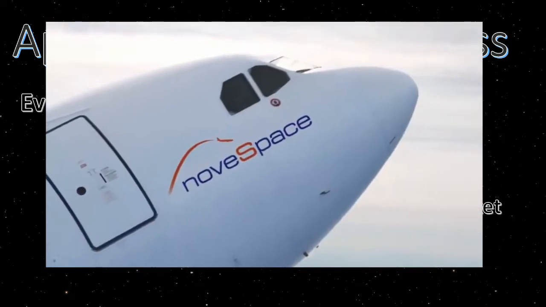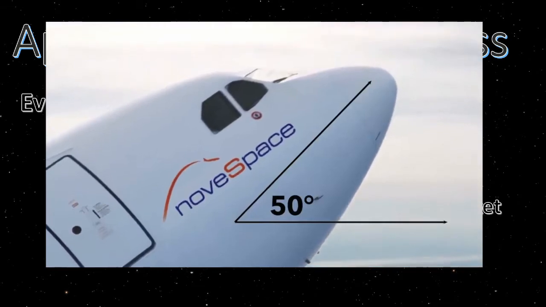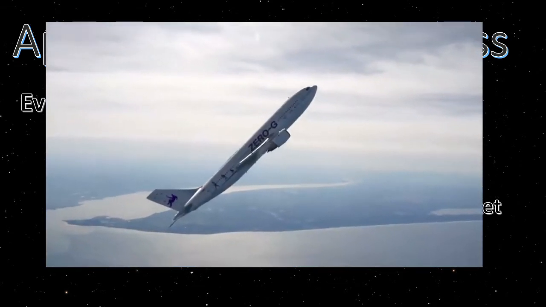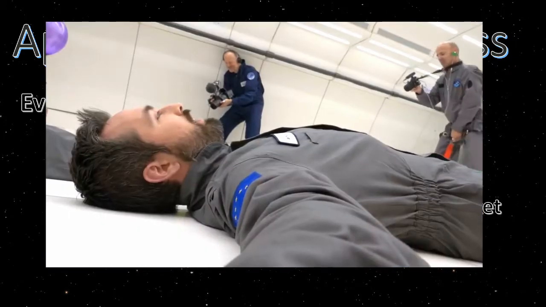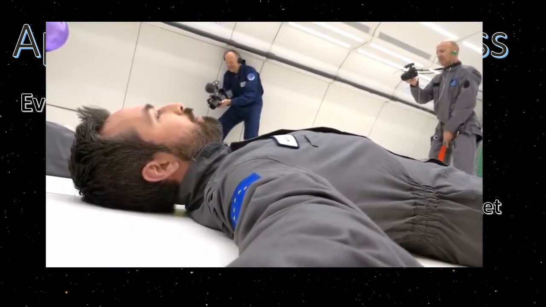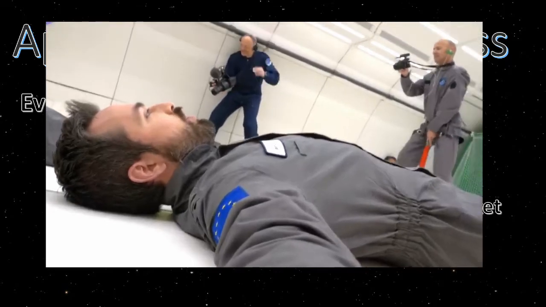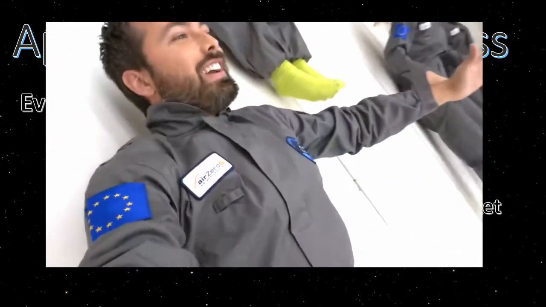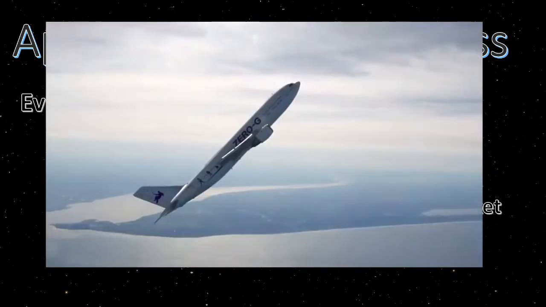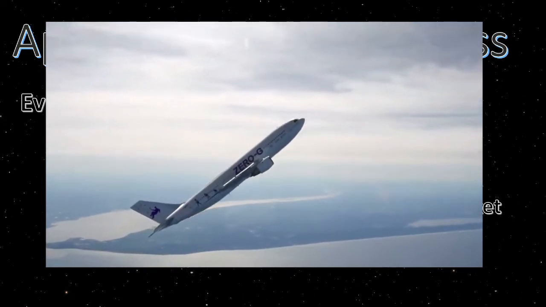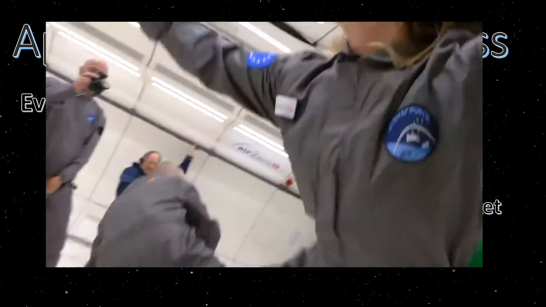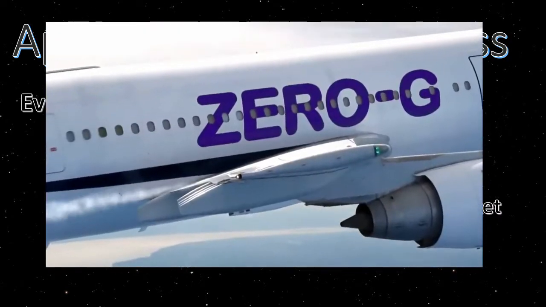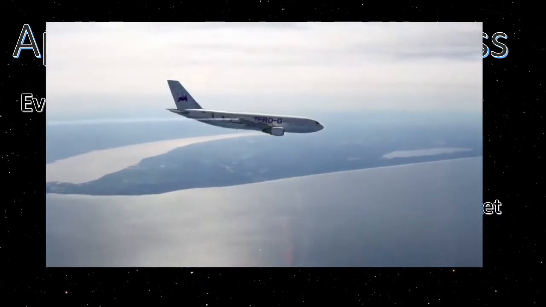Once the plane is climbing at about 50 degrees, the engines are ramped down and the plane is put into a parabolic trajectory. It's at this point that you start experiencing weightlessness. I can feel myself getting lighter. Whoa, that is such a strange feeling. That is so weird. The plane and you are still moving upward, but you are accelerating downward. There's Diana. She's the physics girl. Then the plane peaks and starts speeding up again towards the Earth.